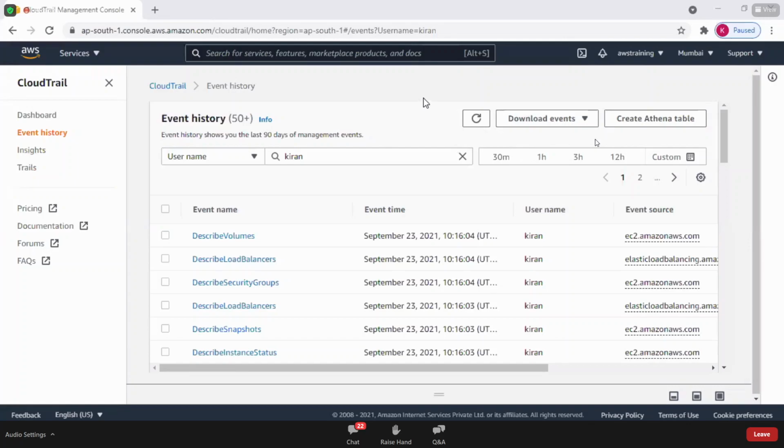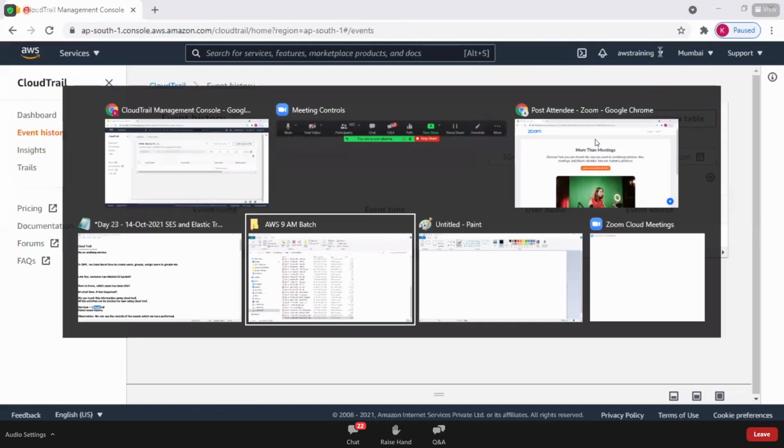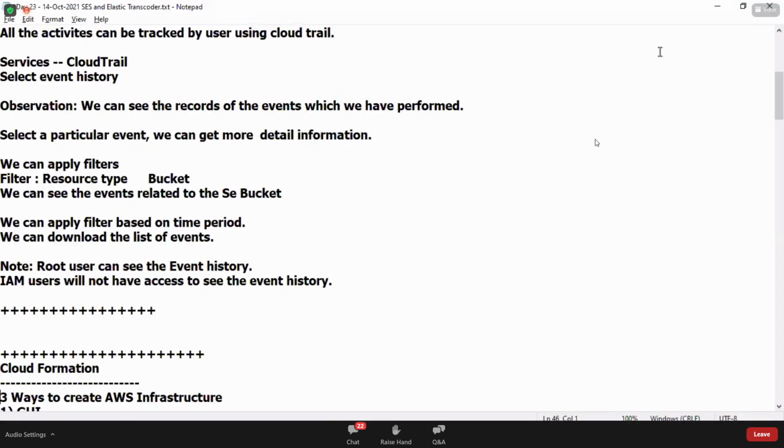Are you able to understand the importance of CloudTrail, that as a root user or as a client you can track what all activities are going on in the backend on a specific day or by a specific user or of a specific type? Clear, isn't it? All this is done using the service called CloudTrail. That's why it's called an audit service. Okay. CloudTrail is free. Okay, next.